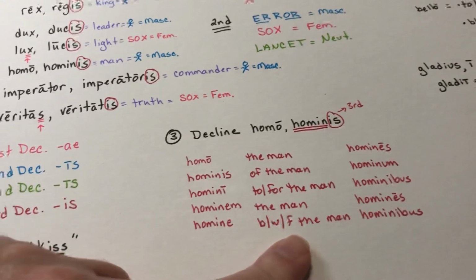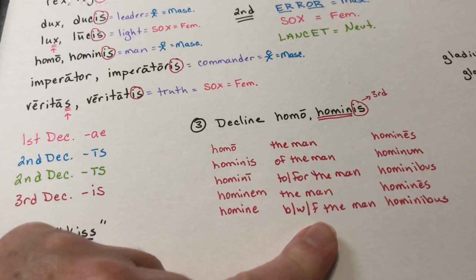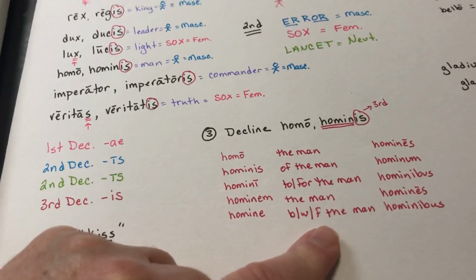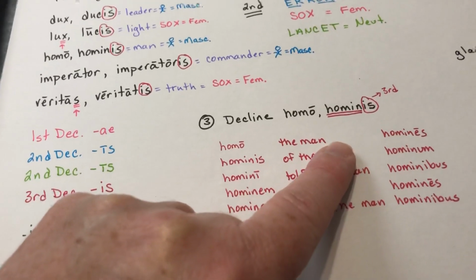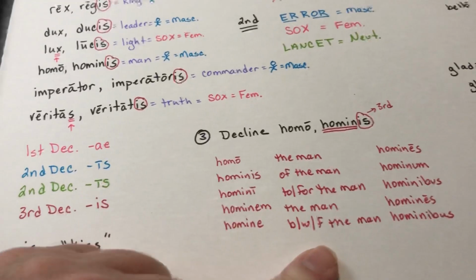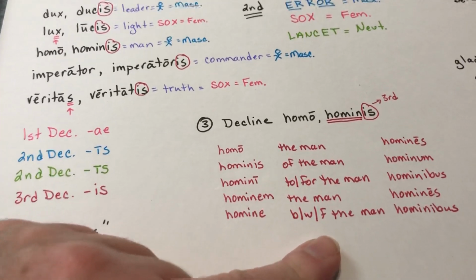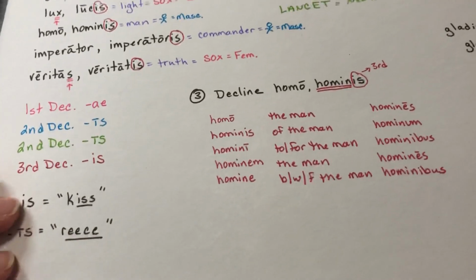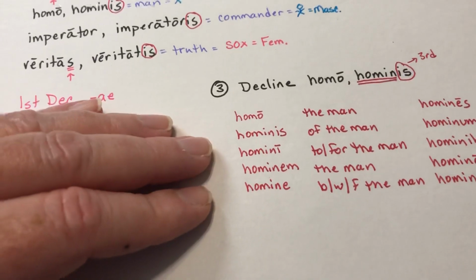For the translations, we do it similar to what is in the blue grammar book, but I don't have them bother with doing the parentheses S for plural. We just decided at the beginning of the year we were just going to write the translations for the singular, knowing that if we were doing plural, we would add the S onto the end. But anyway, after we declined this noun,